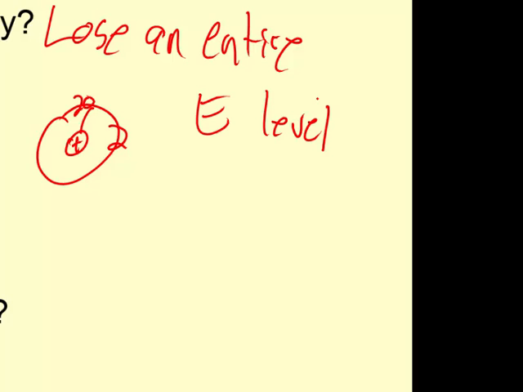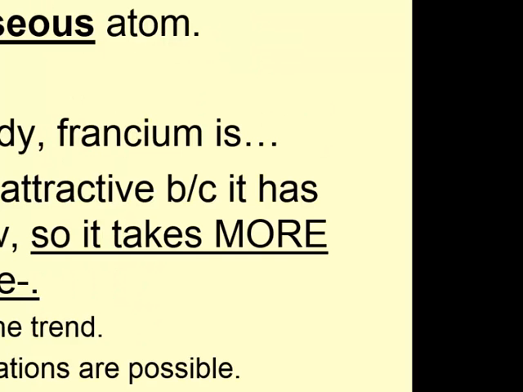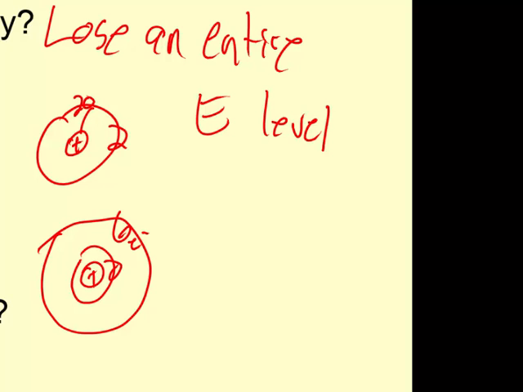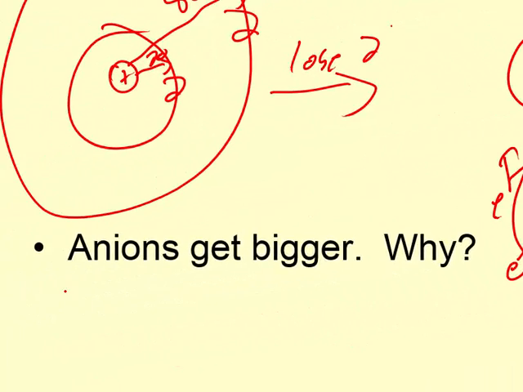Okay? Anions get bigger. Why? Okay, so let's pretend I'm an anion. Here's my positive 1. Here's my 2. And let's say I have 6 electrons. If you recall, 8 is what makes you full. So if I have 8 electrons, what happens is I start off with, if I add an electron here and add an electron here, won't they repel each other because they're like charges and spread out even more? So what happens is the extra